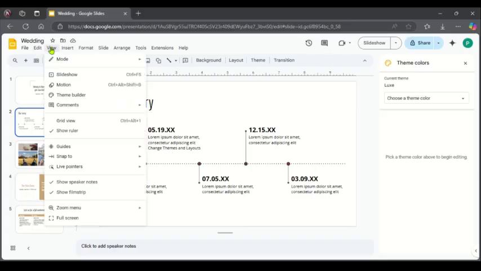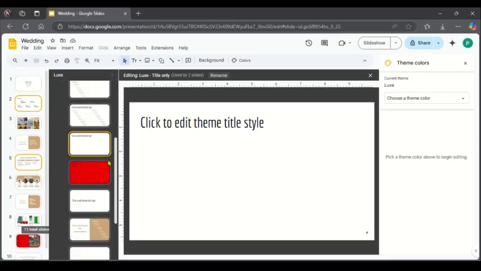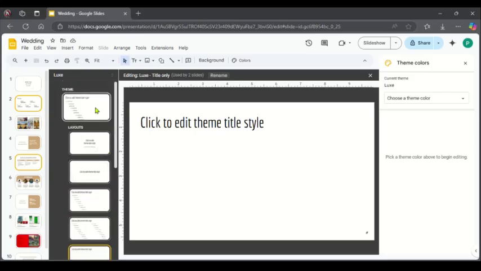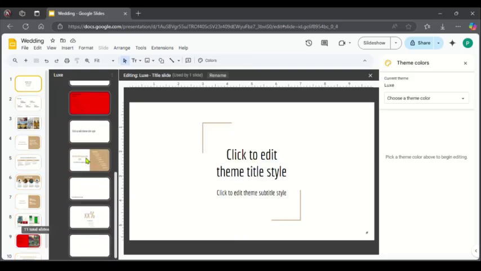First thing you have to do is tap on view, then from there tap on theme builder. From the theme builder you can simply edit your themes for you to export it using the master edit. So if you want to change anything on your themes, you can use master edit right here, then edit the themes title, then you can go back to this slide and edit them according to your